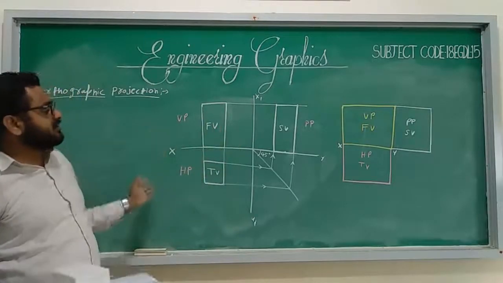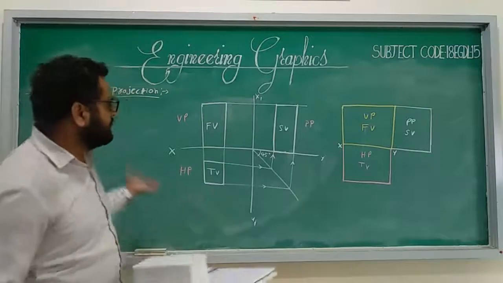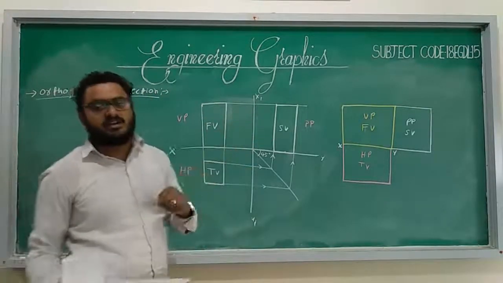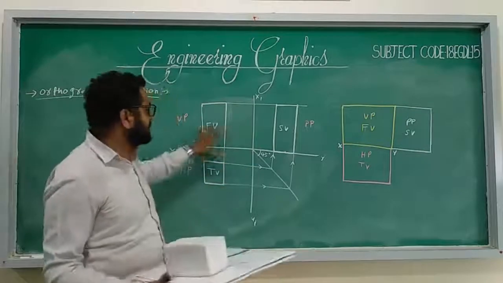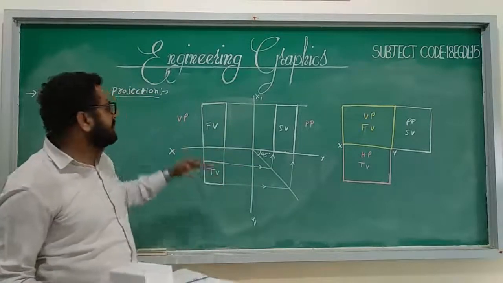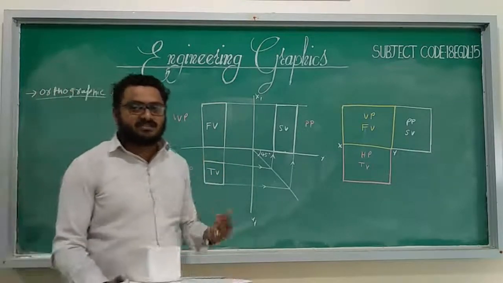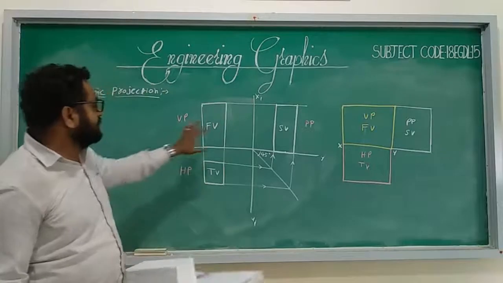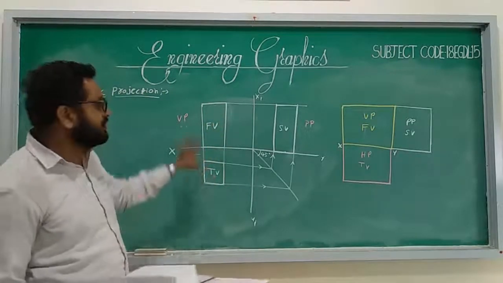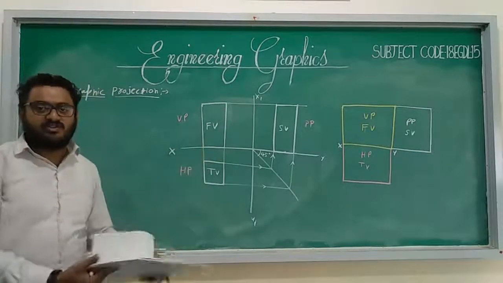In the same way, in the second, third, and fourth quadrants, it will look different. But normally we use either the first quadrant or the third quadrant, because the views will be obtained properly there. In the second and fourth quadrants, the top and front views merge. Why it is merging, we'll discuss next. That's why we always use the first quadrant or the third quadrant. Any two quadrants we use for representing an object to draw the different views and get the information.